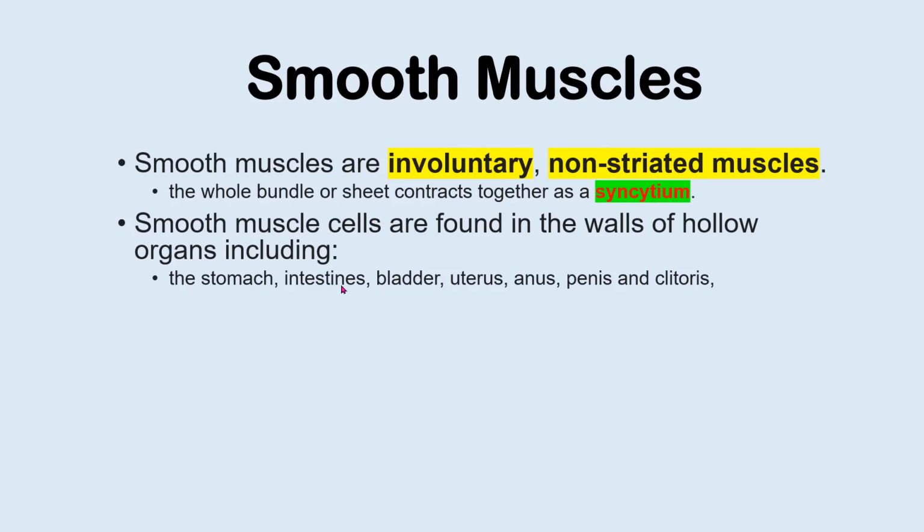So parts of our bodies are hollow. For example, the stomach, intestines, bladder, uterus, anus, penis, clitoris. There are muscles in there for some purpose. The stomach, of course, is to churn, to mix what's in there. So it churns away. The intestine moves it. And it's very interesting, by the way,